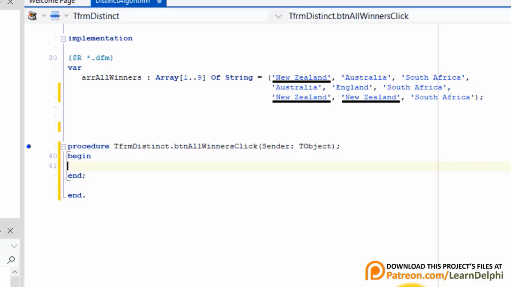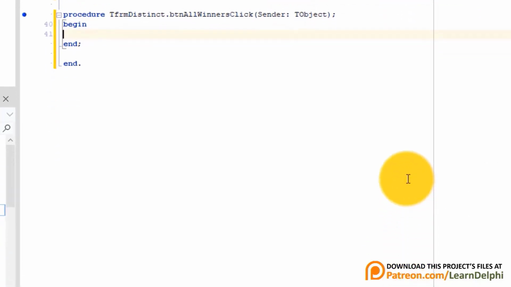Notice that New Zealand won it 3 times, Australia won it twice, South Africa also won it 3 times, and England won it once. Remember, we must only get the last occurrence of each country name. But let's first show all these elements in a list box. Go back to the button's click event handler. Go above begin. Type var. Enter and type str country name